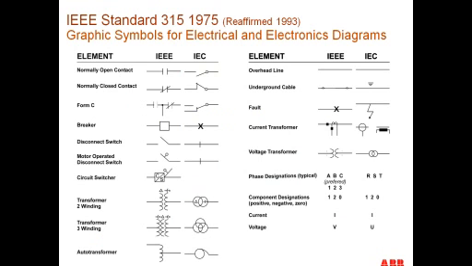And then the last thing we talk about now is the symbols. We want to have symbols to represent different things, whether it be a breaker, whether it be a normally open or normally closed contact, whether it be a transformer, two-winding transformer, three-winding transformer, and how we indicate what the phase is, whether it be a delta or grounded wye transformer. What you see here is just a comparison of the symbols between the IEEE symbols that we use in North America versus the symbols that are used by the IEC over in Europe and the IEC countries. So you can see in some cases that